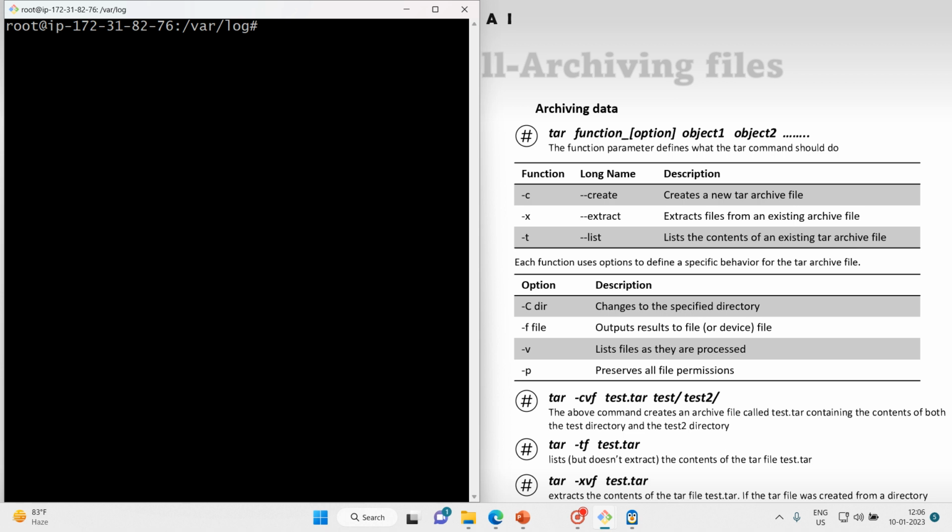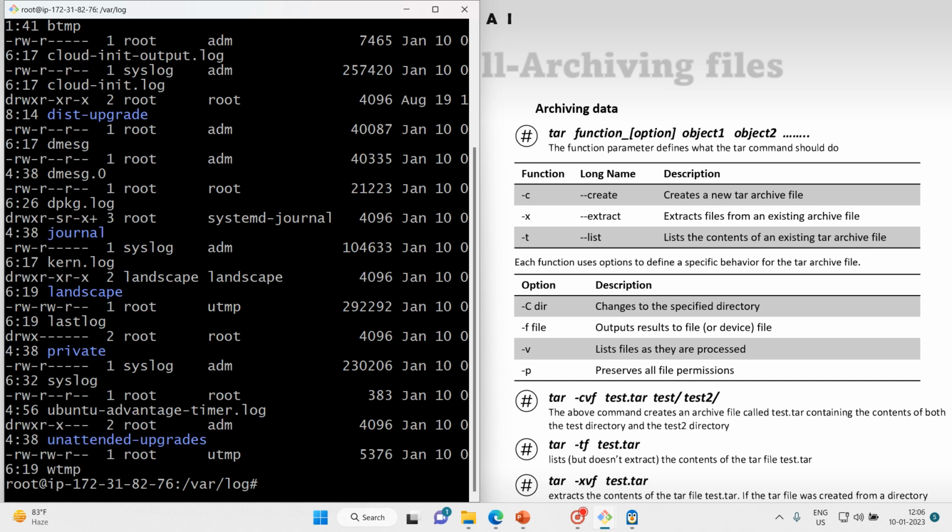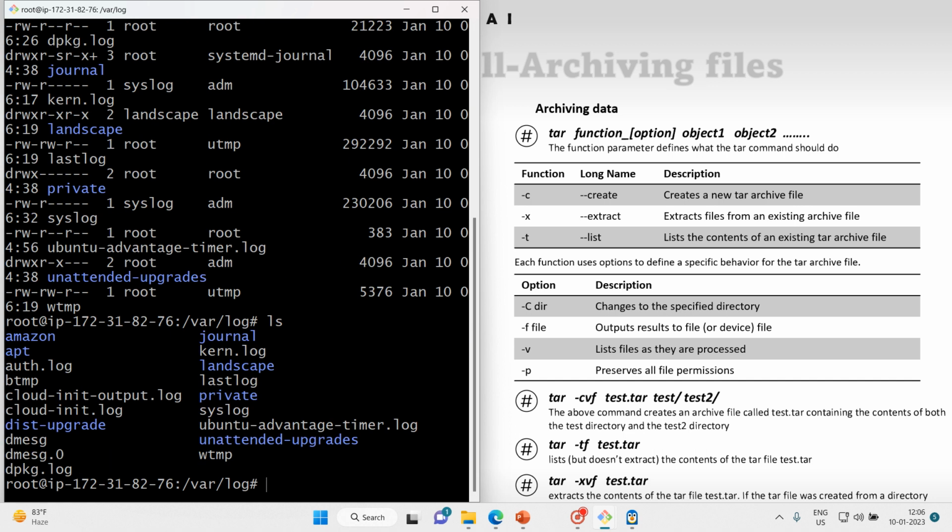Now let's go to cd var log. Of course we are there. Let's cross check it. Yes, we are in var log. And here we'll check what all files are there. ls -l. Okay, a lot of files are there, or ls. So now we have to archive, we have to compress all these files into